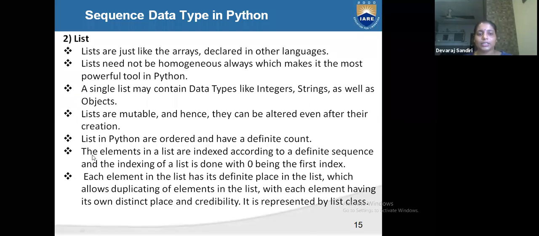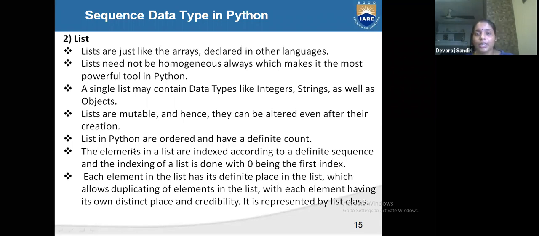Lists in Python are ordered and have a definite count. Count means we start from 0. See here, the elements in a list are indexed according to the definite sequence, and indexing of the list is done with 0 being the first index.